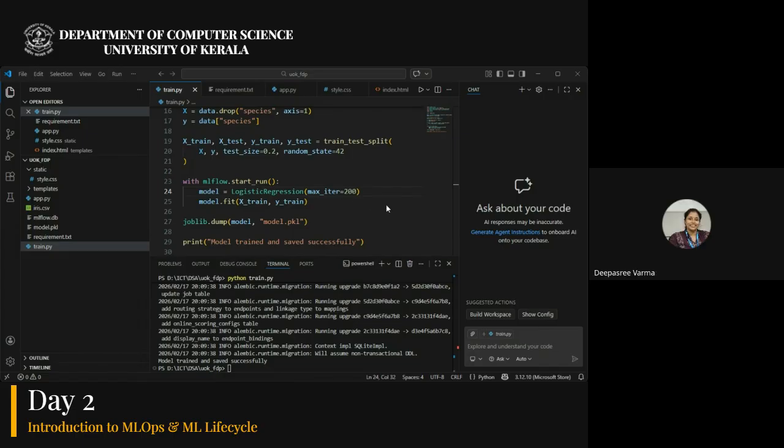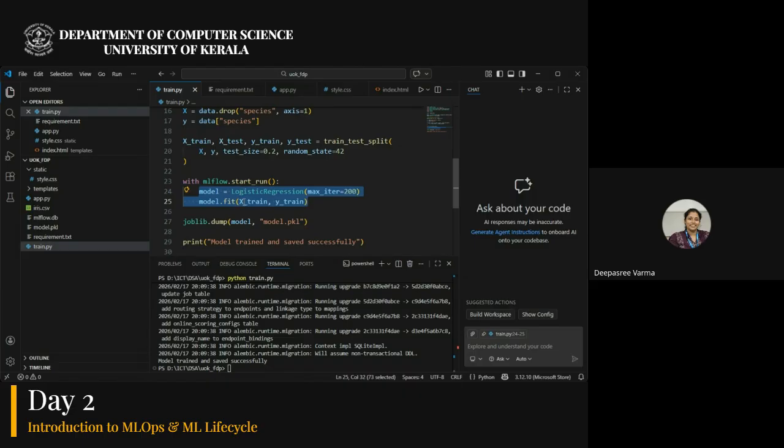Madam, you kept two lines inside that mlflow start run. Yes. The first one is building the model and the second one is fitting the model. So whenever we create a model, these two lines must be inside MLflow so that we can log and see the experiment.